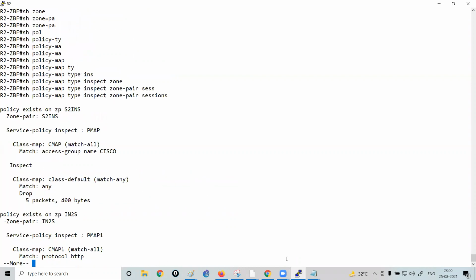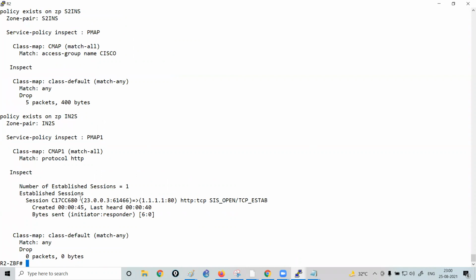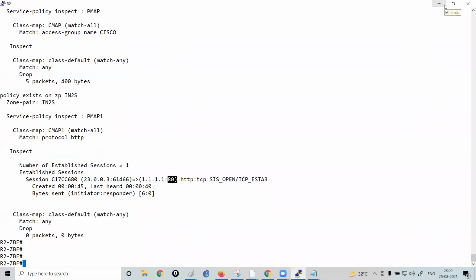You can see here the router says that there is a connection initiated from 20.3.3.3 with this random port number. The destination port number is what? 80. Is it clear to everybody? Okay, so that means it is working fine.